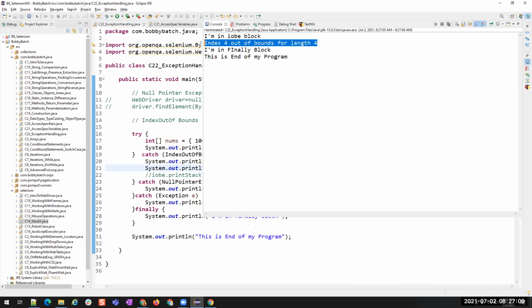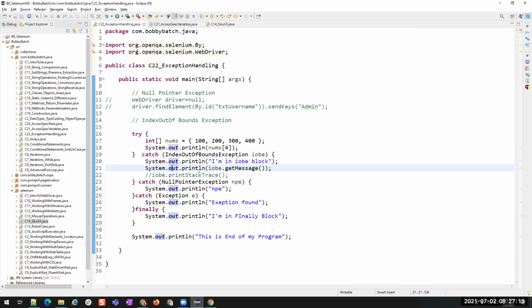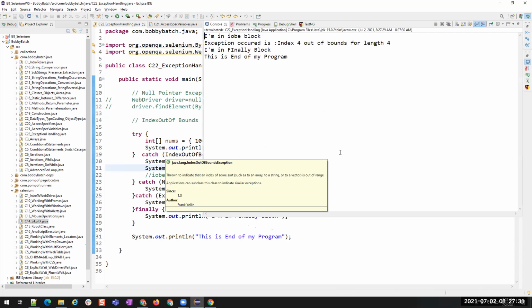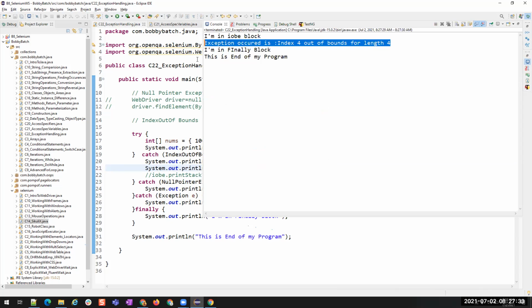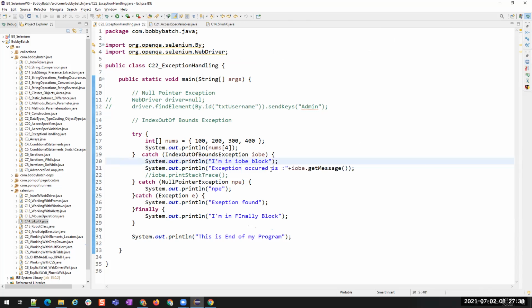You see the message: index 4 out of bounds for length 4. Let me add some message here, "Exception occurred". You see it says the exception occurred is index 4 out of bounds for length 4. Why is this coming? Because I'm using this getMessage.